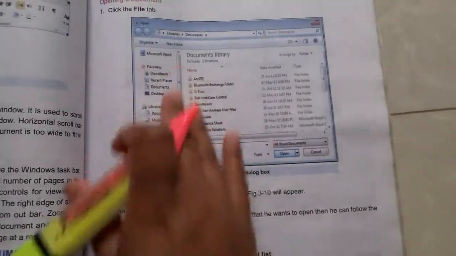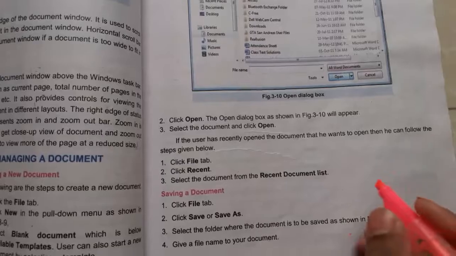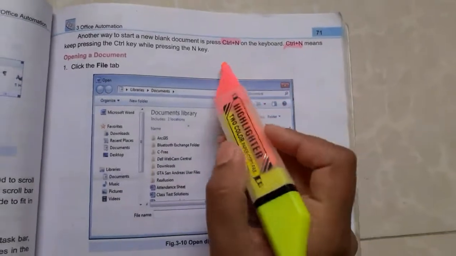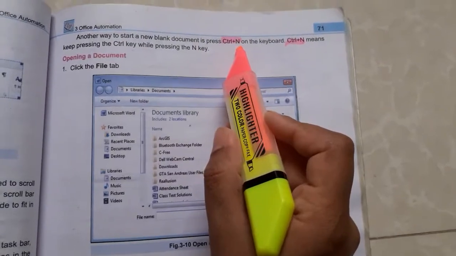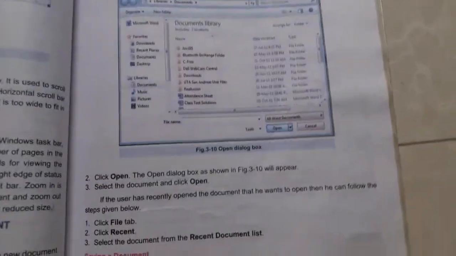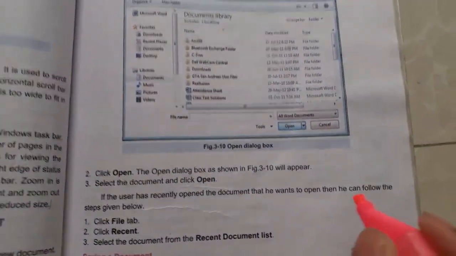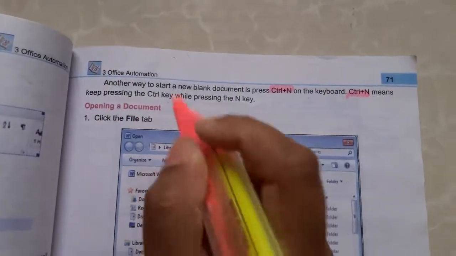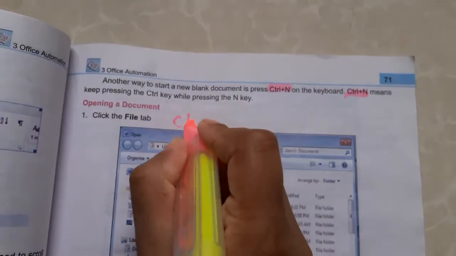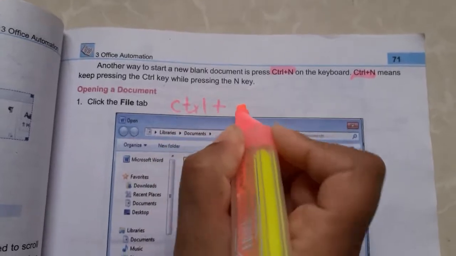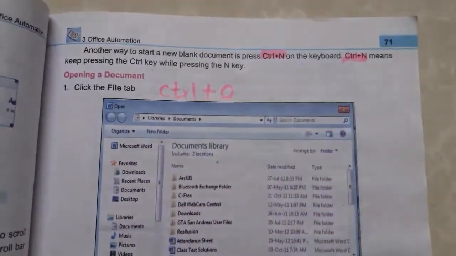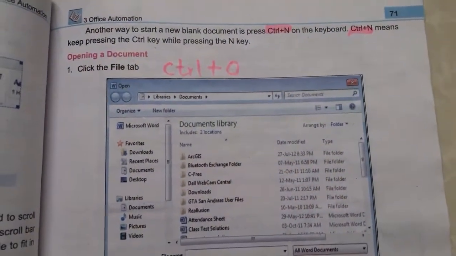And in this I would like to discuss some short keys also. The short key of a new document is already given, Ctrl plus N. The short key for opening a document is Ctrl plus O. You can write over here with your document Ctrl plus O. That is the short key for opening a document.